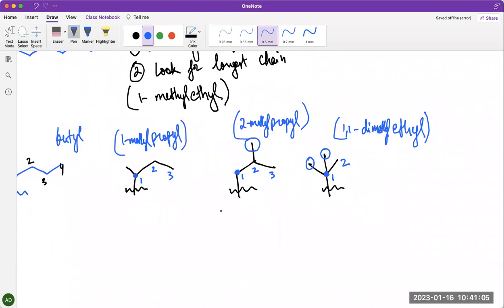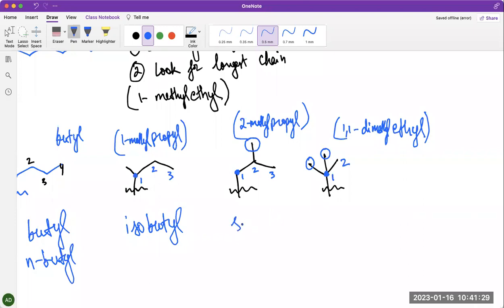Now we need to know the common names. So this is just a butyl, right? Or N-butyl. Any of those 2 are good. So when you just say butyl, we understand it's N-butyl. The next one, this is called isobutyl. Okay. This one here is called,